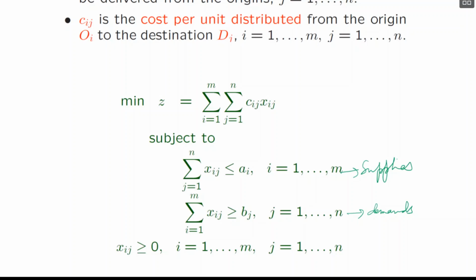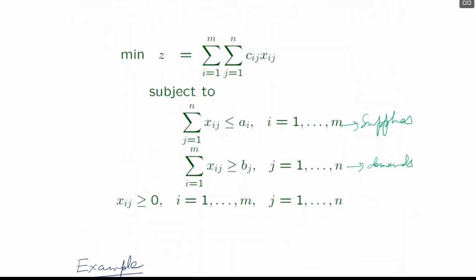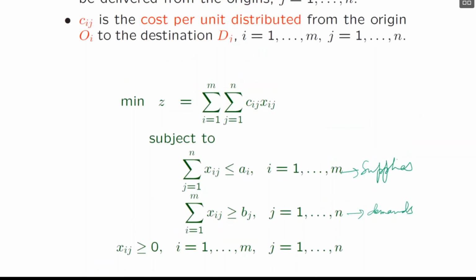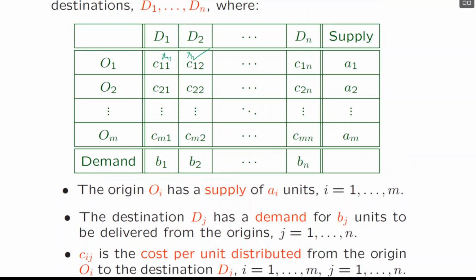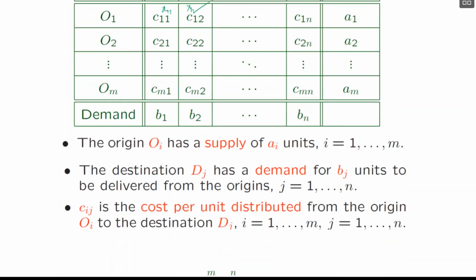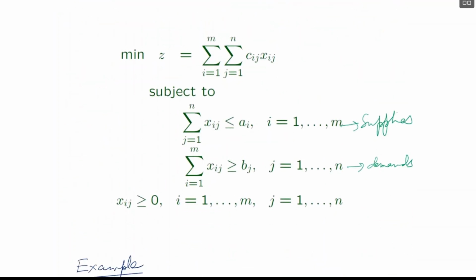So this is the total formulation of the transportation problem. As we see, it is a linear programming problem, so we can solve it by the techniques which we have learned so far to solve linear programming problems. But we must see that the number of variables will be too many. As we see in this table, if there are m origins and n destinations, there will be a total of mn variables in the linear programming formulation of the problem.